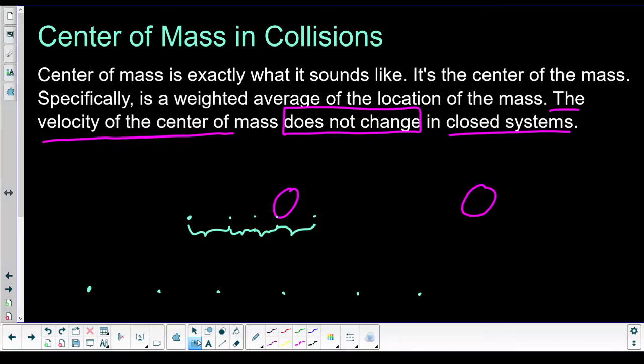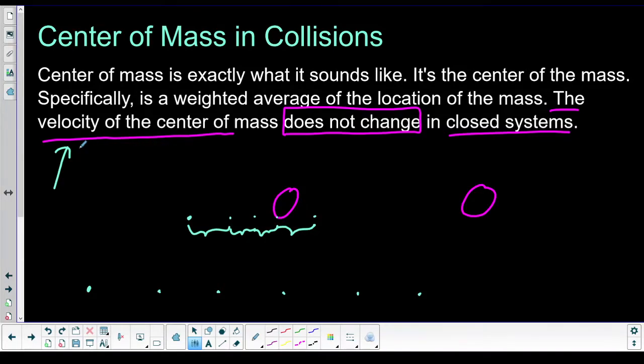Okay. The only way you're going to change the velocity of the center of mass is if you interact with something that's an open system. And like we talked about in the last set of notes, that would be like you run into an immovable object, like you bounce a ball off a wall. Obviously that's not going to be a closed system because you don't want to include the whole wall and the whole Earth in your system because then it's too hard to measure. So you're just like, screw it. It's an open system. There's an impulse and momentum changes.